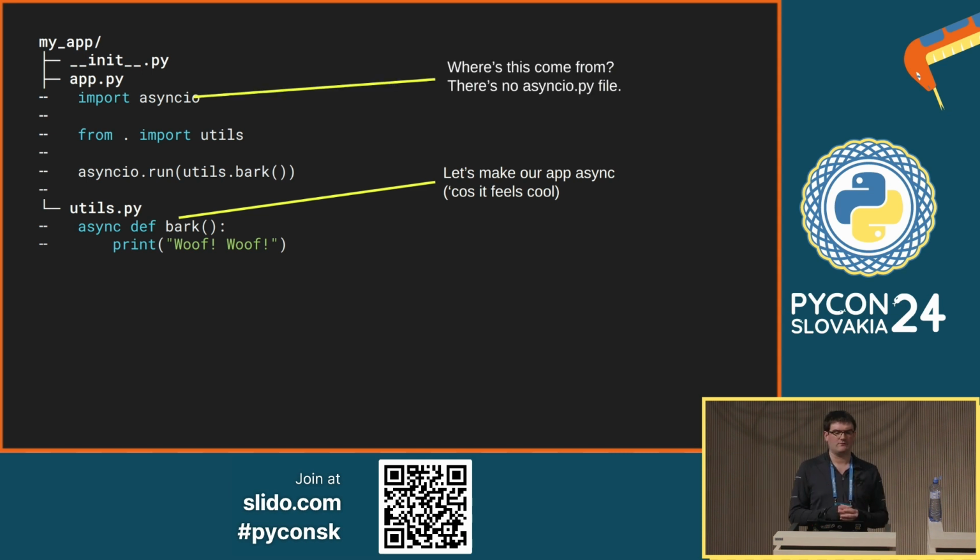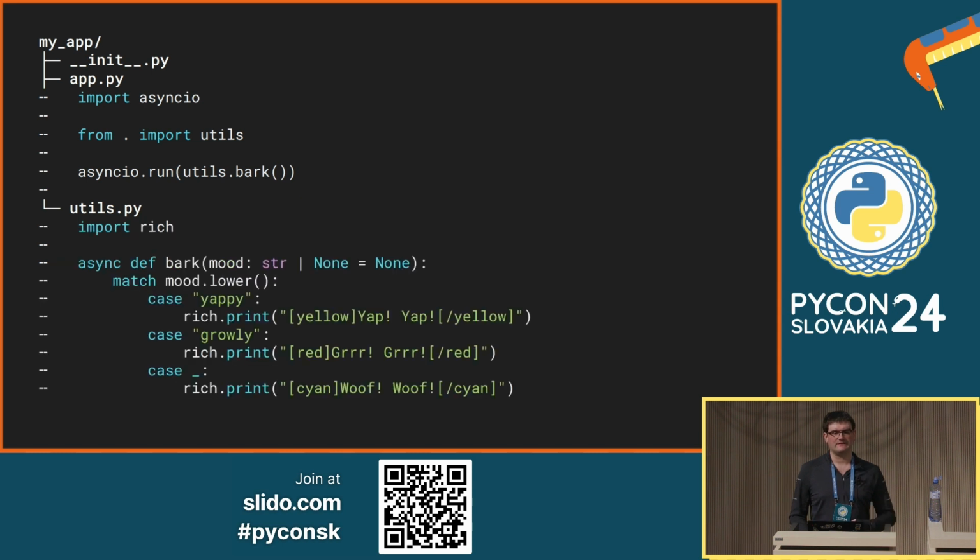But we're importing this package here, asyncio. But where's that come from? There's no package, there's no file there that's called asyncio.py. So we must be getting this code here from somewhere that we can't see. And likewise, if we wanted to try and make our app a little bit prettier, a bit more